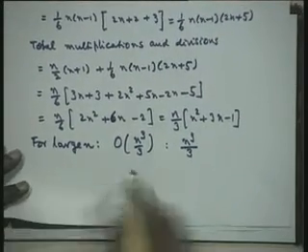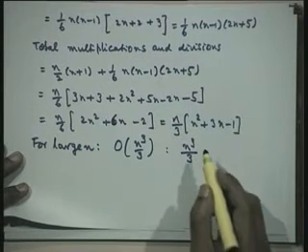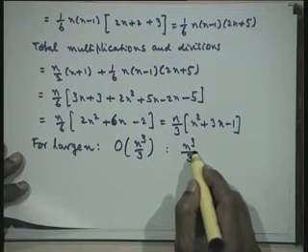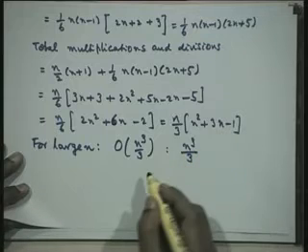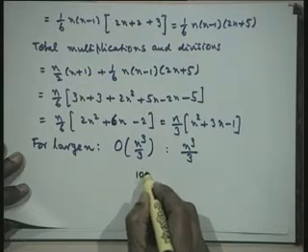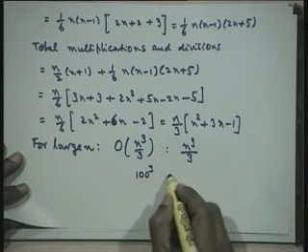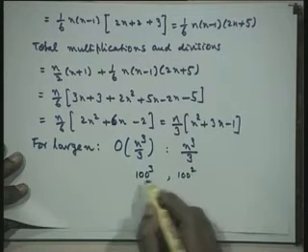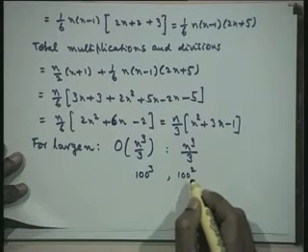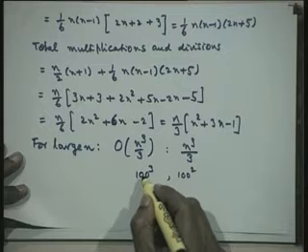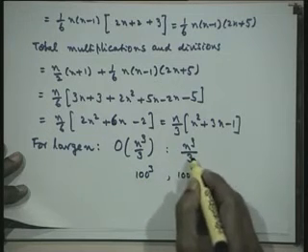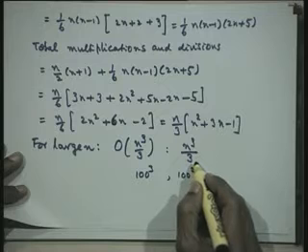Now, the reason why it is so is obvious, because n squared is much smaller compared to n cubed when n is large. For example, say n is 100. So, what we are talking of is 100 cubed compared to 100 squared. This gives you 10 to the power of 4, and this is 10 to the power of 6. So, this is much smaller compared to this one. Therefore, for very large n we usually say that the number of operations for Gauss elimination is of the order of n cubed by 3.